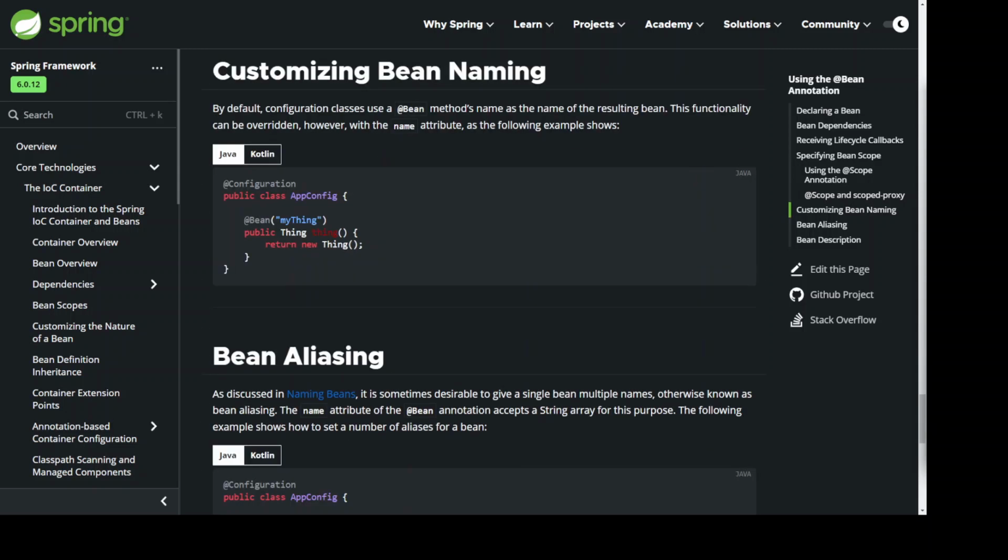Customizing Bean Naming. By default, configuration classes use the @Bean method's name as the name of the resulting bean. This functionality can be overridden, however, with the name attribute, as the following example shows. @Configuration public class AppConfig { @Bean("myThing") public Thing thing() { return new Thing(); } }